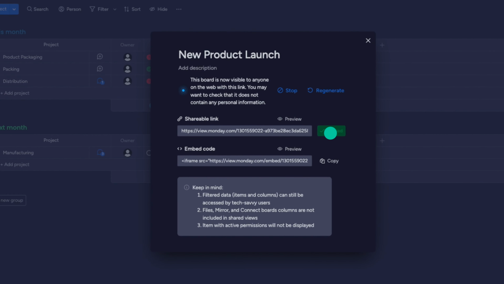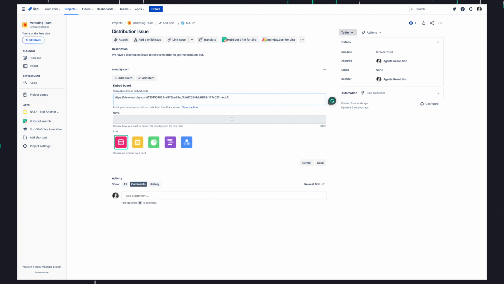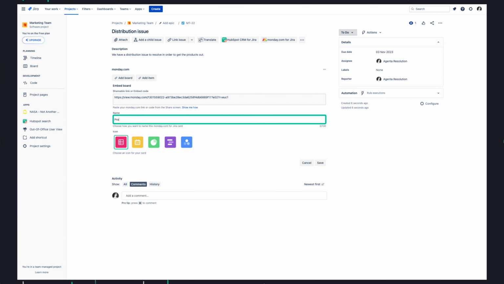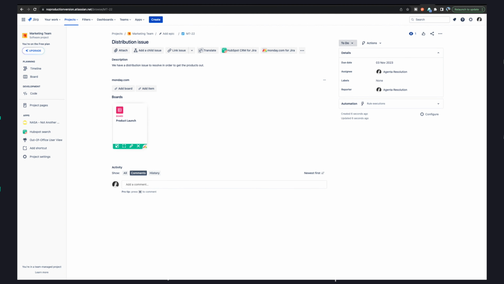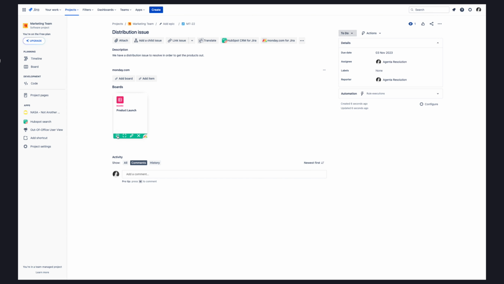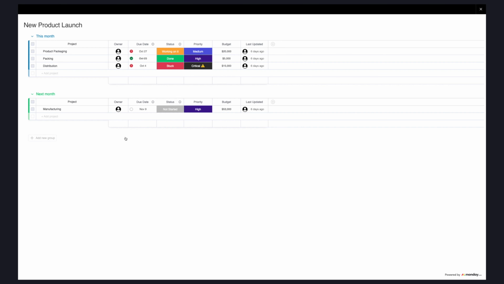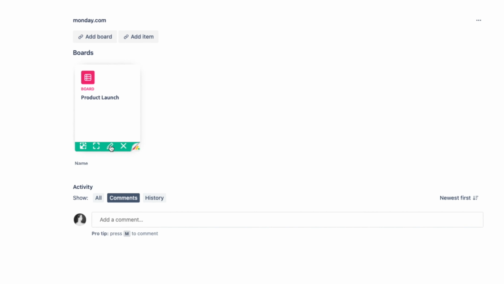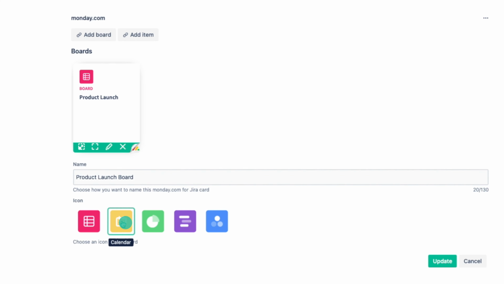Now I can go back to my open Jira issue and paste the shareable link into the text box, followed by clicking Embed. Once I have done that, I can give my board a name and select a relevant icon and then click on Save. The board will be displayed in the issue as a card. Click on the first two icons to view the board in a pop-up view or full page. The board name and the icon can also be edited by clicking on the pencil button